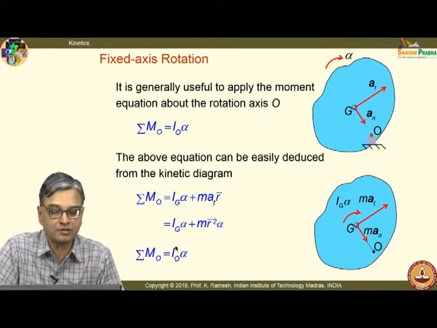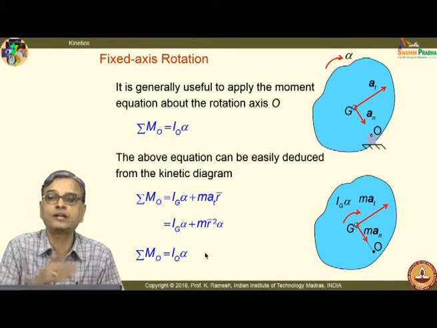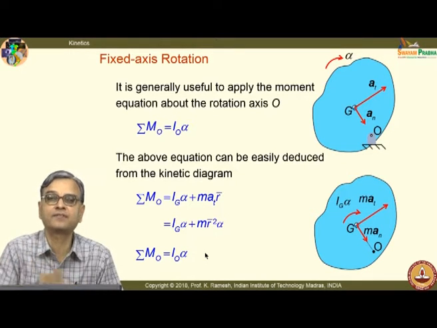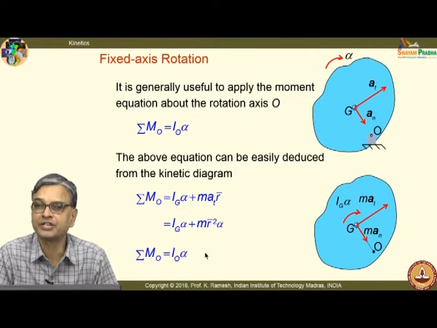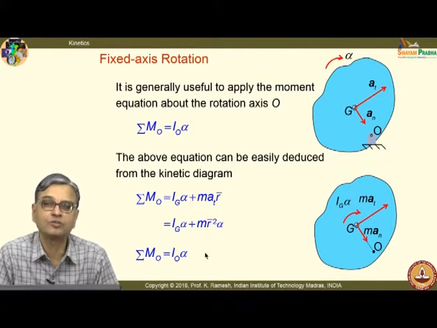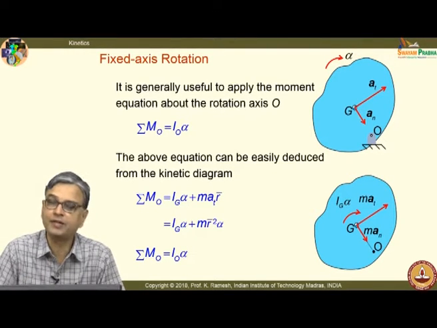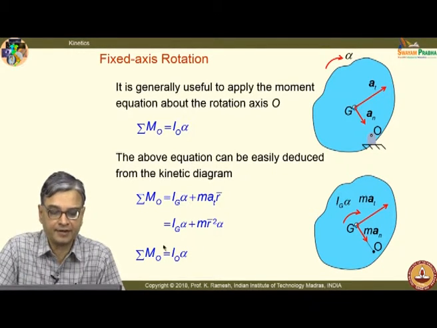You can find out I_O. So, you should know how to get from I_G to I_O, parallel axis theorem, all these fundamentals, please brush it up. You already know it for area moment of inertia. You must also look at it for mass moment of inertia. Those details I would not be explaining again, fine.